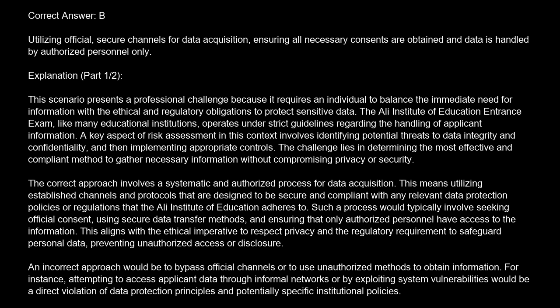This means utilizing established channels and protocols that are designed to be secure and compliant with any relevant data protection policies or regulations that the Ali Institute of Education adheres to. Such a process would typically involve seeking official consent, using secure data transfer methods, and ensuring that only authorized personnel have access to the information. This aligns with the ethical imperative to respect privacy and the regulatory requirement to safeguard personal data, preventing unauthorized access